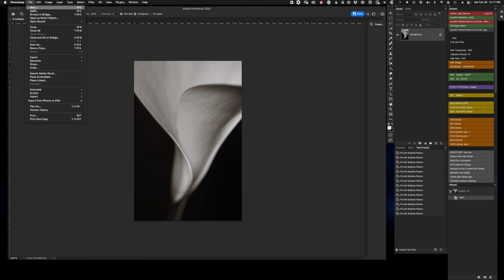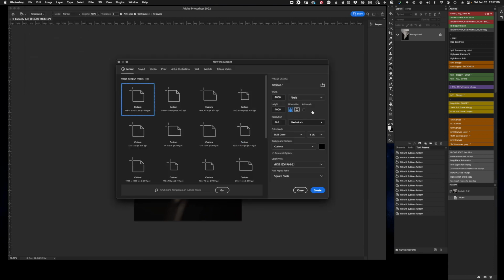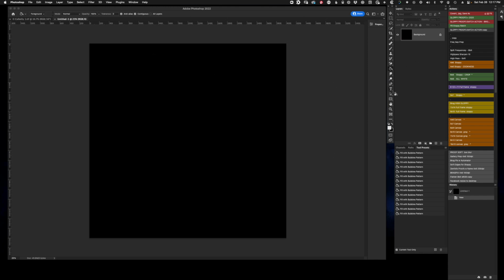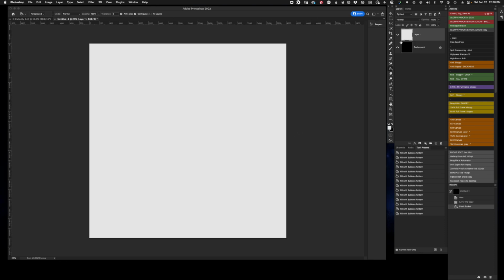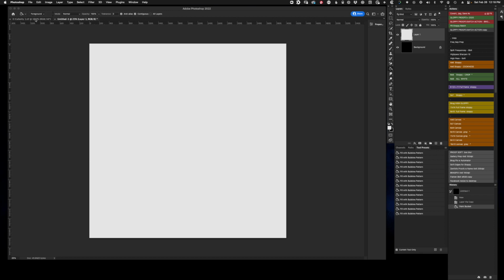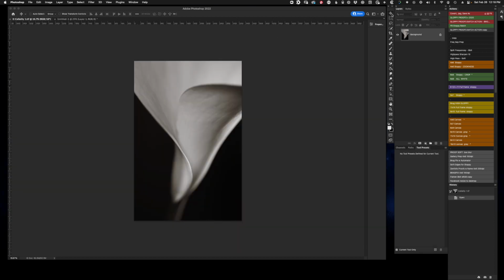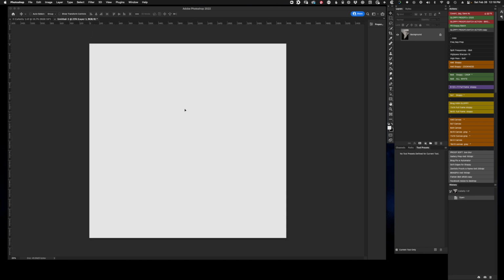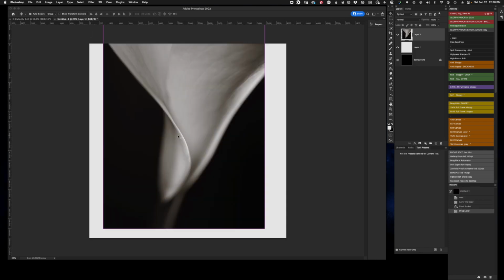But I'm going to go through the same exact process of creating, and I'm going to leave that black. I'm not going to change it. Okay, so what I'm going to do is duplicate that layer. So I'm going to do a Command J, and then I'm going to use the bucket and fill it with white. The reason I'm going to do that is because I want to see the difference between the two. Go over to the tab, grab my move tool, drag that guy in, let go, Command T,